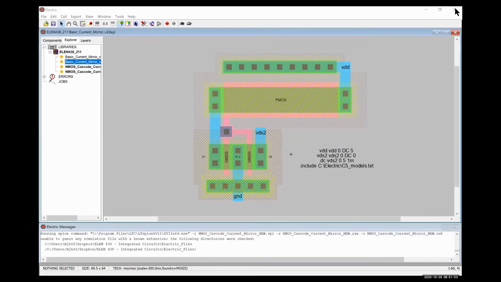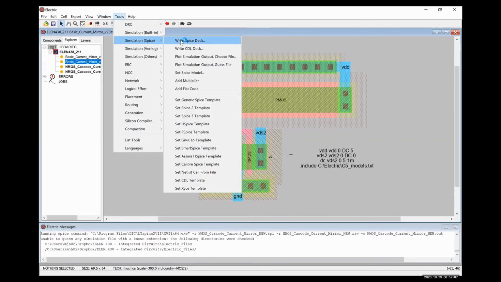I'm not sharing my screen, share Electric. So if we looked at our non-cascoded current mirror with a big PMOS transistor acting as our resistor, when we simulated this,